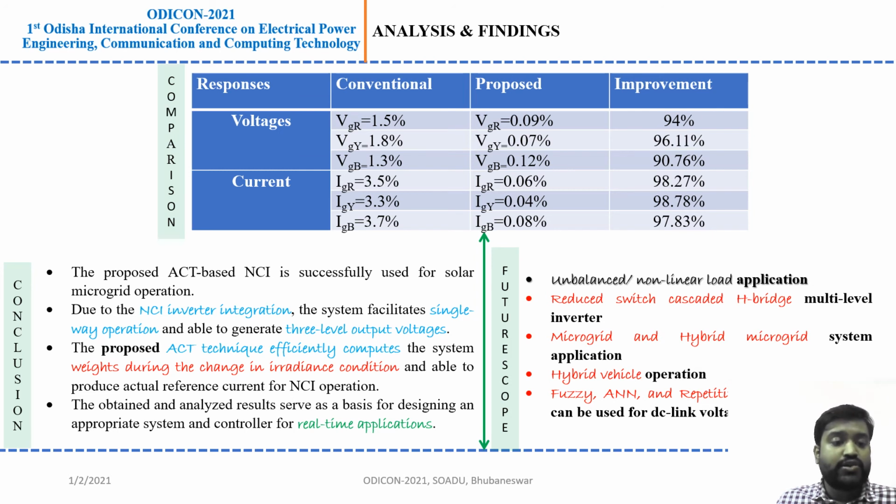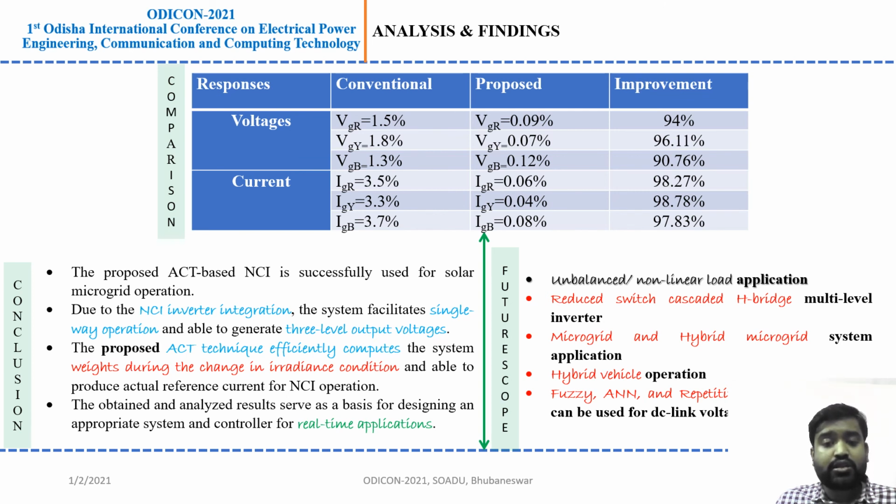The conclusion: in the analysis section, we are showing that the appropriate improvement percentage is 97%. And in conclusion, the proposed ACT-based NCI is successfully used for solar microgrid operation. The NCI inverter generates multi-level inverter operation, a 3-level inverter operation, by which we get lesser voltage error. And the obtained and analyzed system results serve as a basis for designing an appropriate system and control